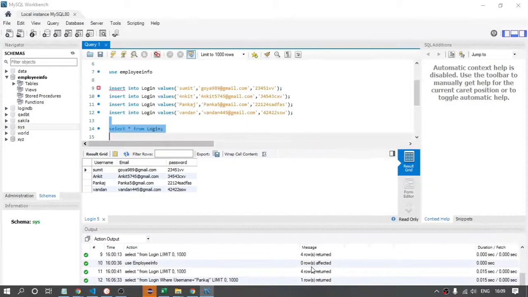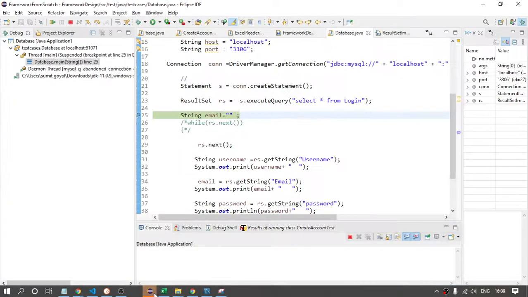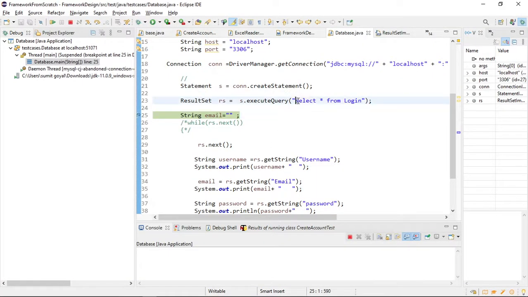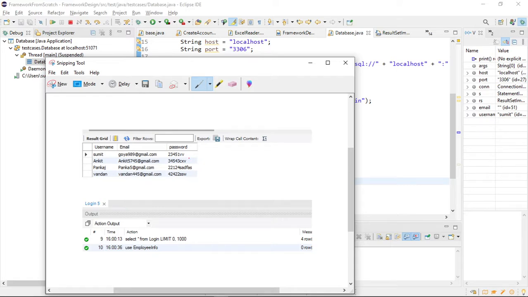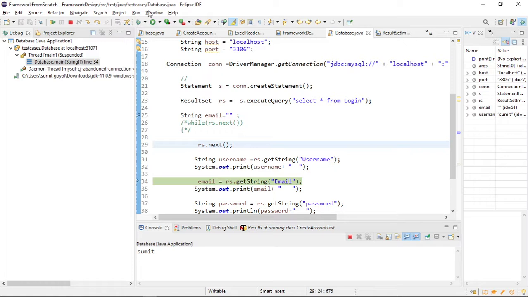Now this is multiple data, because I've clearly told it here that I want to get all the data: select star from login. I call rs.next one time. If I go down, it will give me first Sumit. Why is it giving me Sumit? Because rs for the first time is pointing to this one, right? So Sumit and then email and then password.